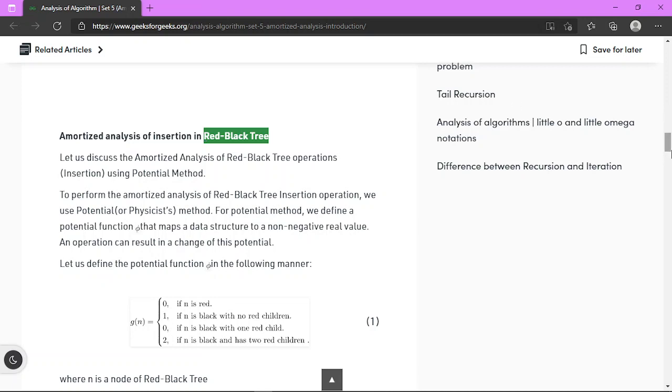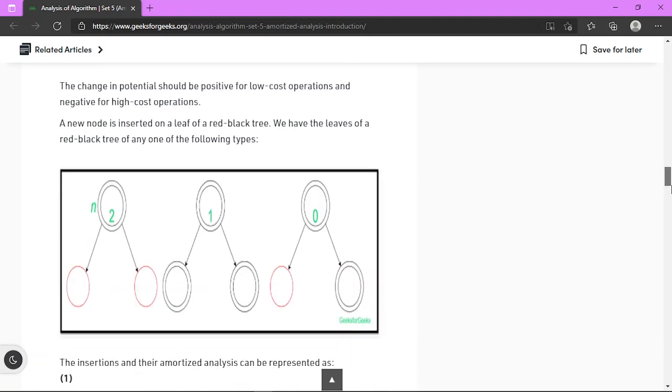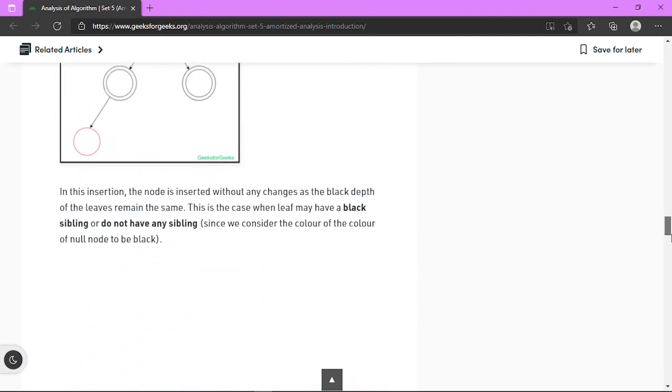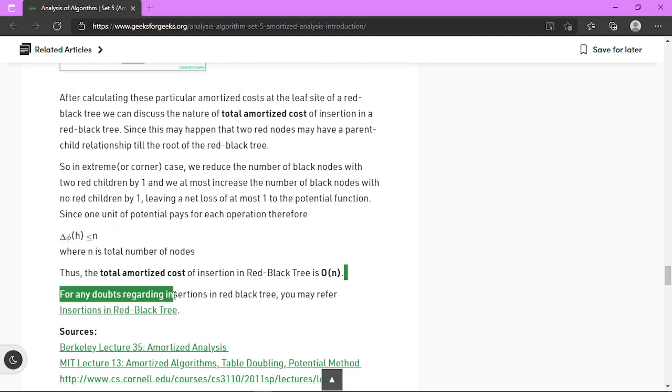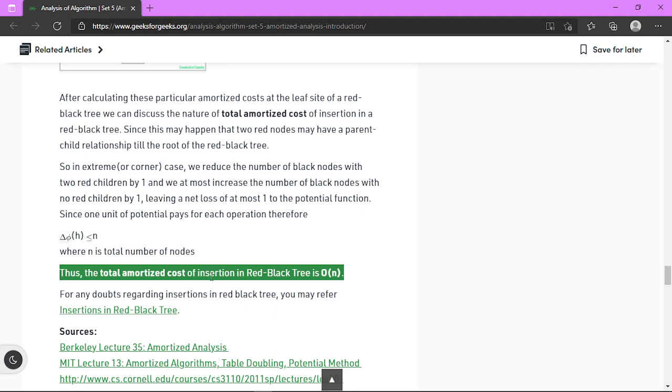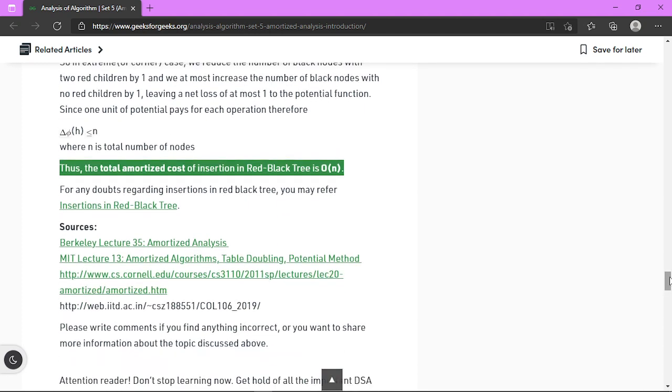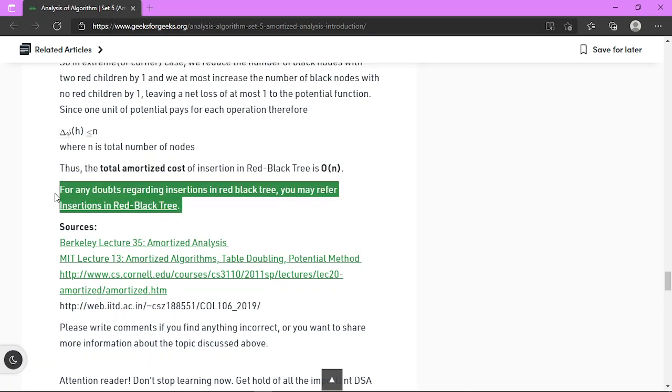But just remember that for amortized analysis of a red black tree we will be getting an order of n time complexity, which is given here. And if you want to go deep into red black trees, then you can check out this article, it's up to you.